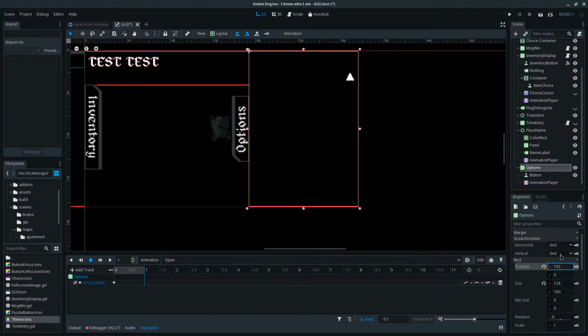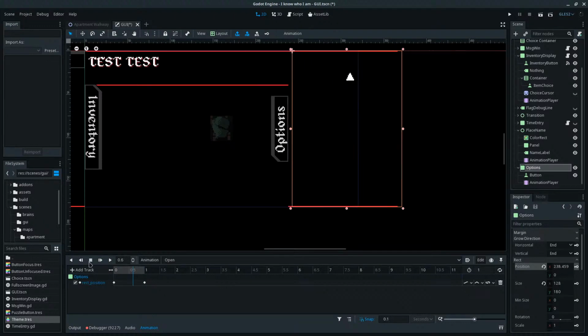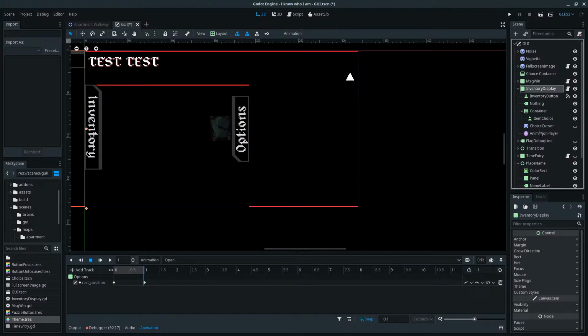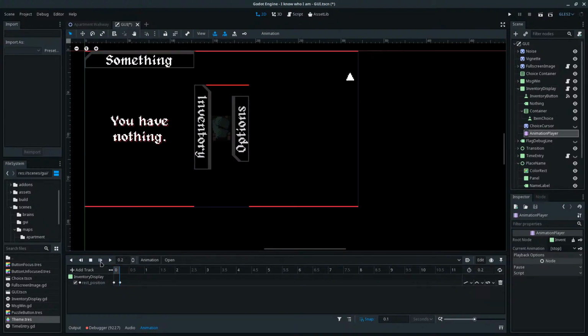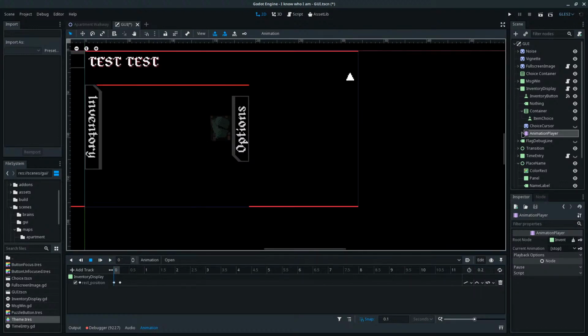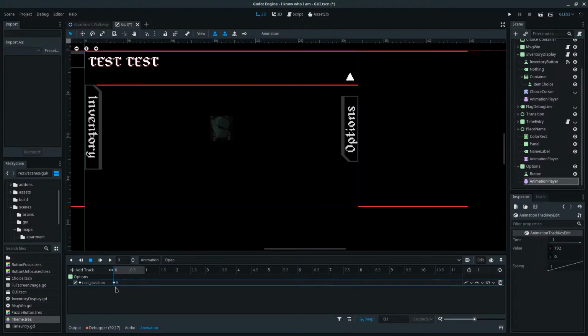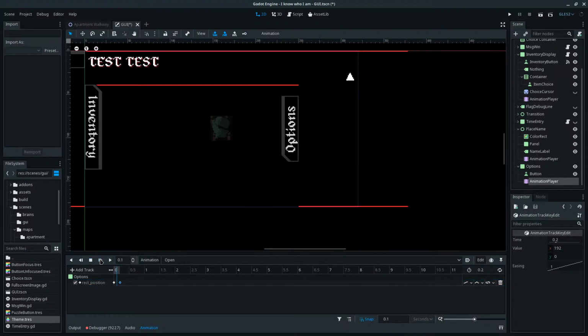Minus 128. There we go, 192. Keyframe that. Cool. Now, if we go back over to the inventory display, I want to see what this is like. Okay, so it just happens in 0.2 seconds. Cool.